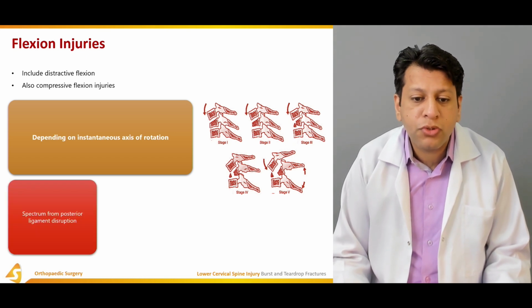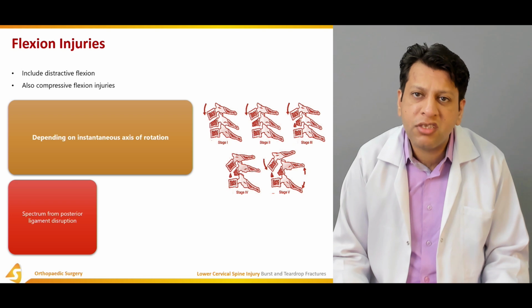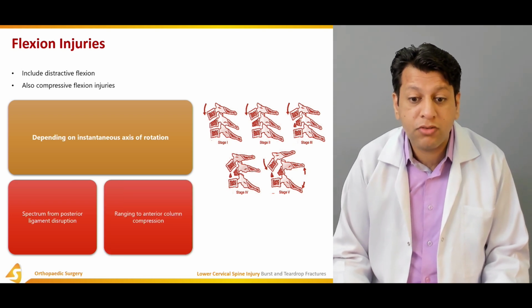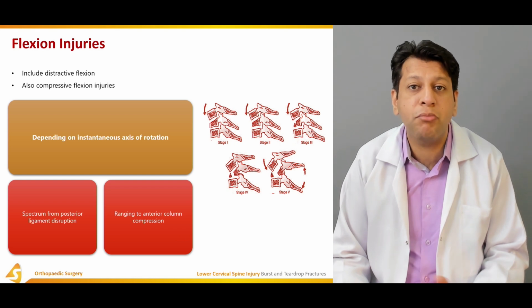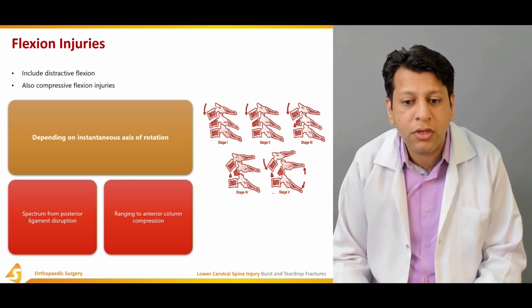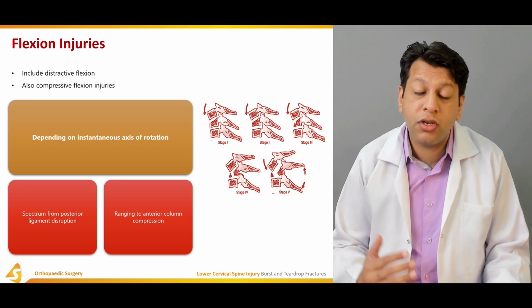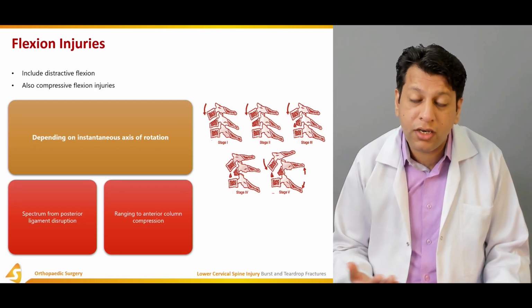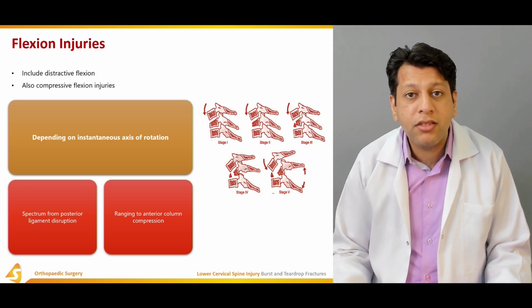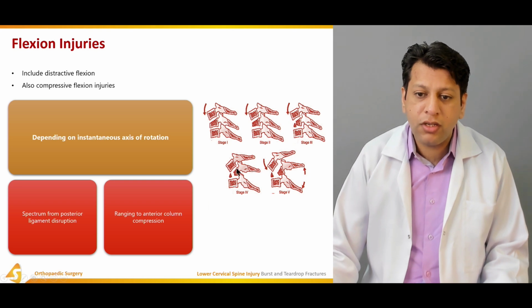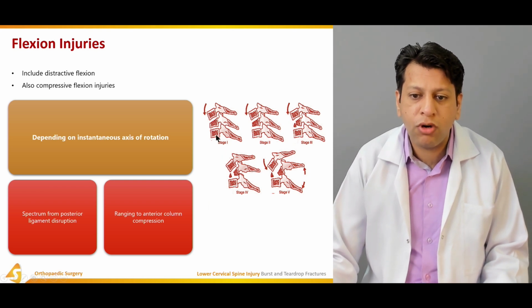The spectrum could be from simple ligamentous disruption, to osteoligamentous disruption, in which the anterior column may be damaged and the posterior ligamentous complex may be damaged as well, or it could be a complete fracture in which there is posterior ligamentous complex damage, anteriorly there is a fracture, and the vertebrae also get translated over each other. Now if you see, this is stage 1 in which only flexion is occurring